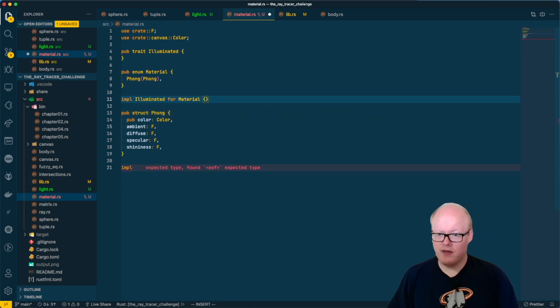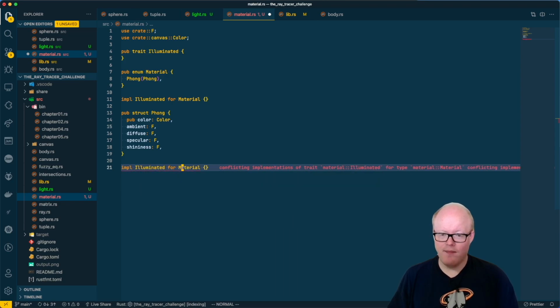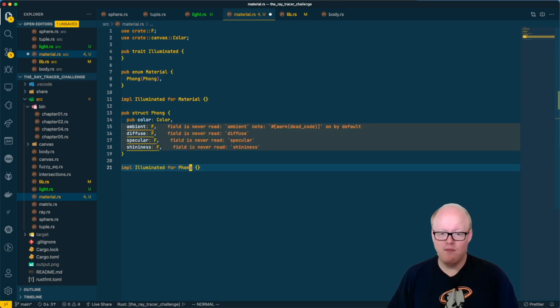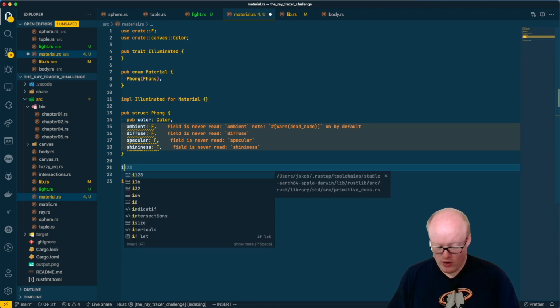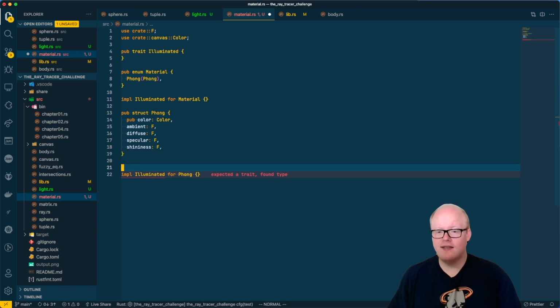So we want that our material implements this, and actually we want, damn, I removed the wrong one. We want Phong to implement this as well. So let's have this, and this. We have a public struct Phong, nice. So we need to implement this later on, but for now we want to implement within, or no, let's just